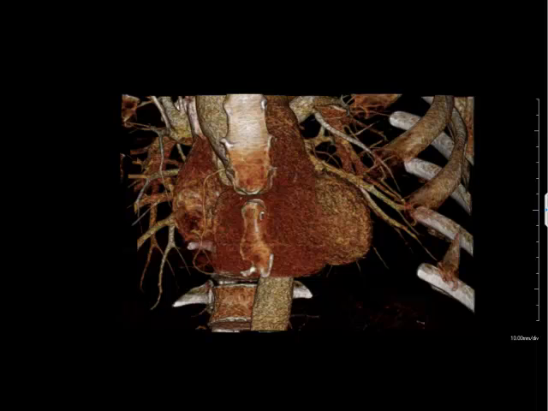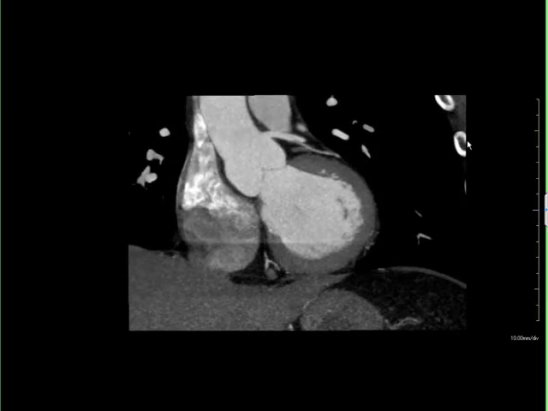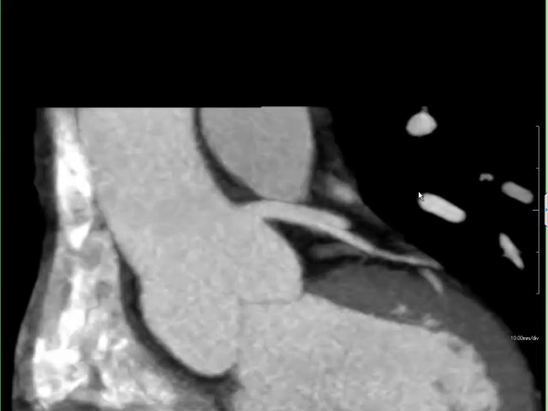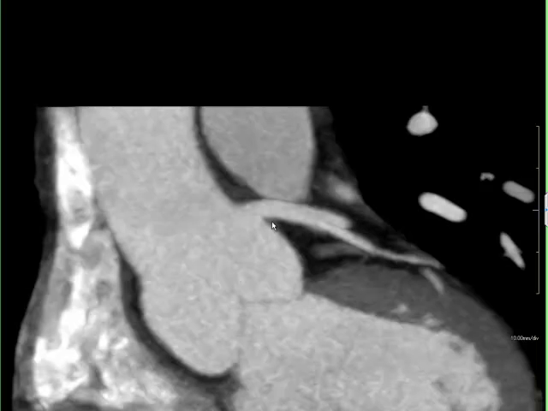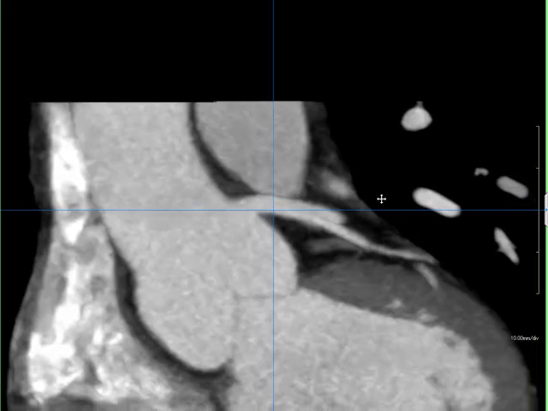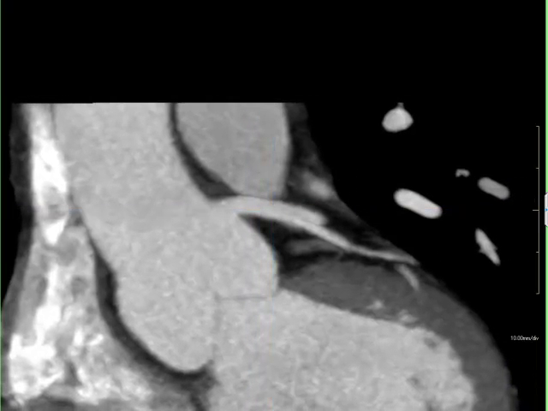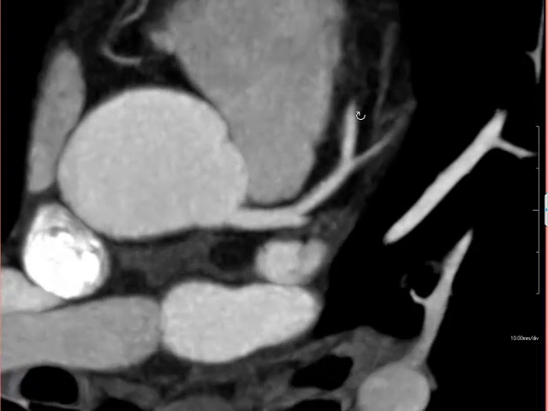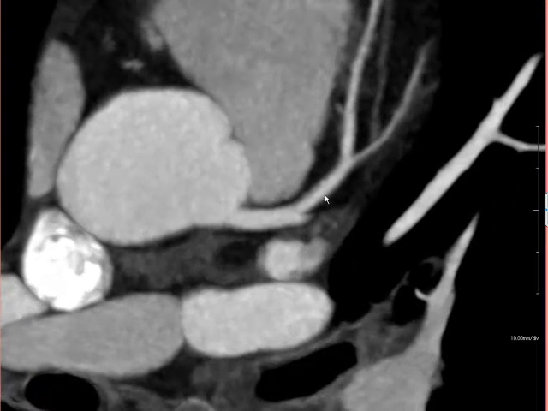Initially, we'll go to the MIP view with a 5mm thickness. I'm going to just scroll through the images to get the left main in view, which is seen here, nicely displayed. There's no evidence of obstructive plaque. There may be some mild non-calcified plaque in the inferior portion of left main, which does not appear to be significant. We'll now flip the heart into the foot or axial view and roll out the left anterior descending artery,